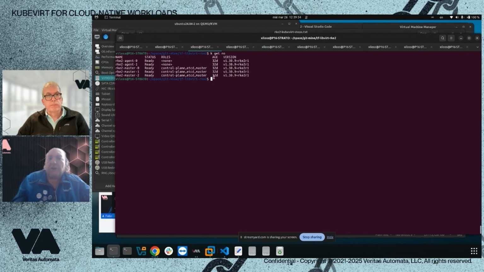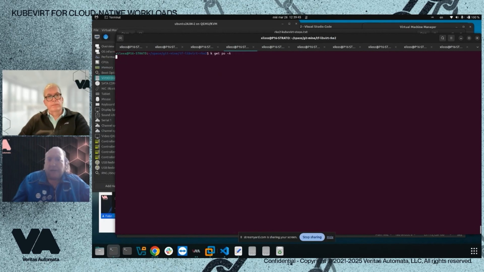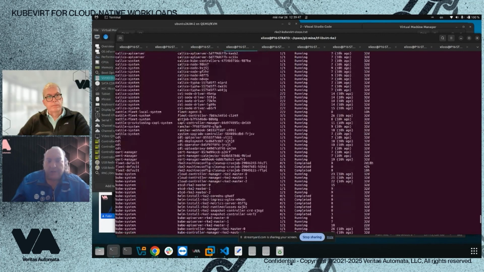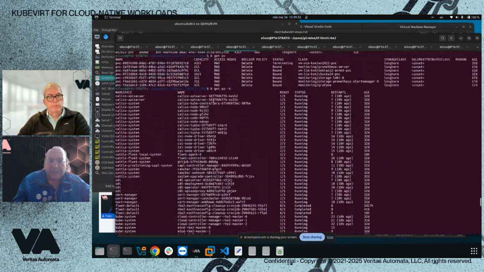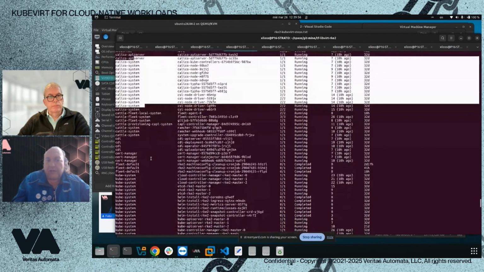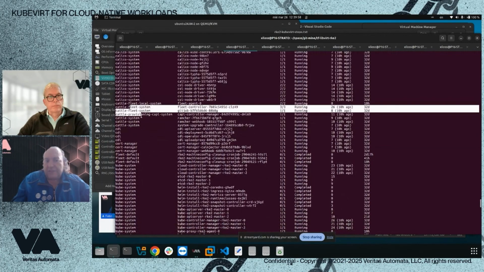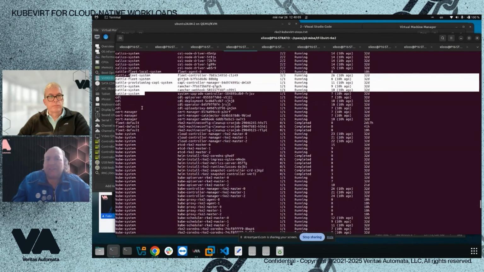So the get node command is showing the 3 master nodes and the 2 worker nodes that I have in my cluster. And on top of this, I have a lot of pods, really a lot. I will show one by one, trying to describe how it's done, but really, you don't have to focus on the CNI. Here I'm using Calico. Rancher is installed. We will see the console is very useful for managing the cluster, but it's not really having